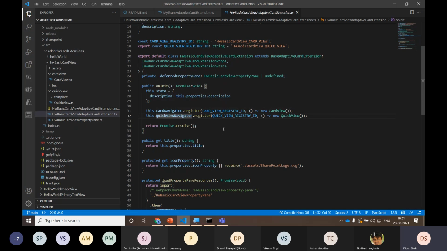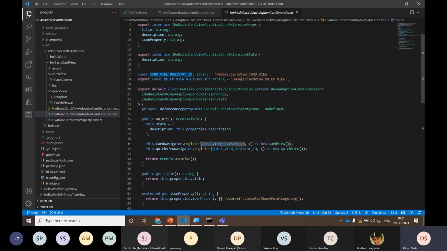So it creates an array of the views that we have registered, and we can use it to redirect the user on a particular action, and we can dynamically change the view of the card when certain actions happen. So the card view registry ID is defined here.